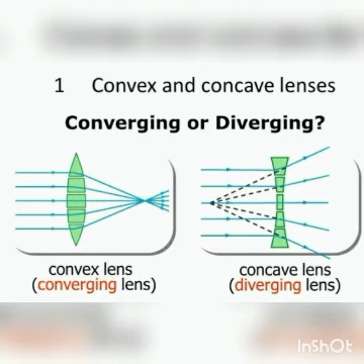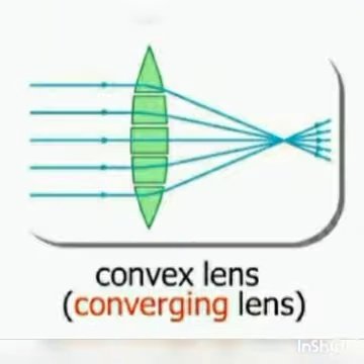So a convex lens allows the light rays to converge, and a concave lens allows them to diverge. It is not possible to project the image formed by a concave mirror on a sheet of paper. A convex mirror does not form a real image, it only forms a virtual image.